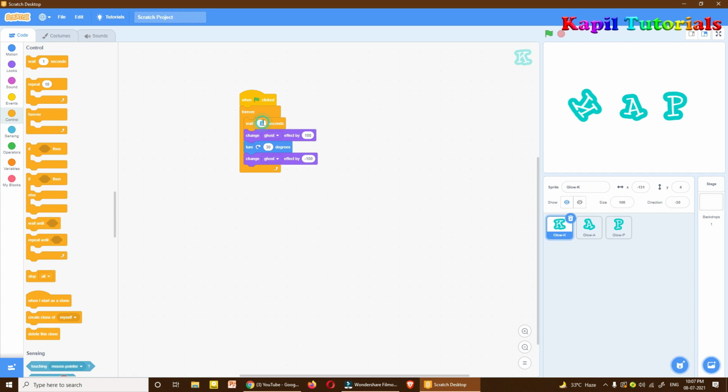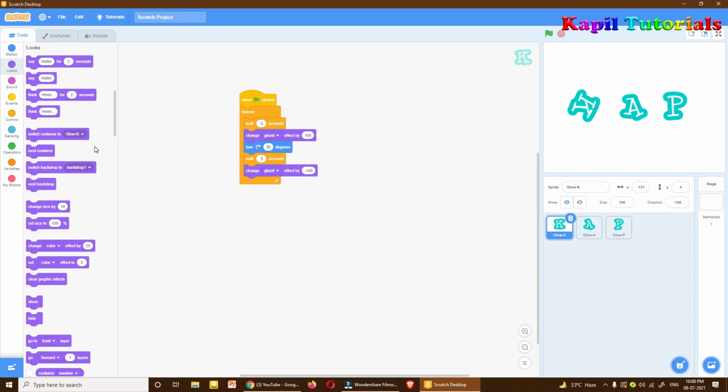Suppose 0.5 second, and after this, when the change ghost effect is there, turning, and then again change ghost effect is there, in between also I need that wait command. So I'll put 0.5 here also. Let's run this. Okay, so now it's working.